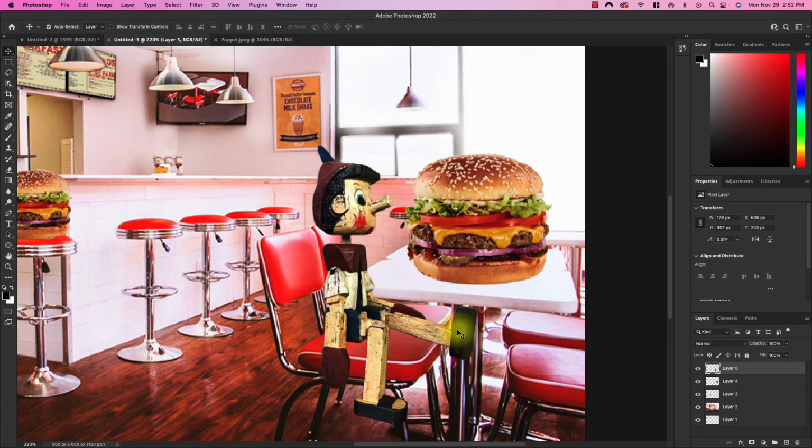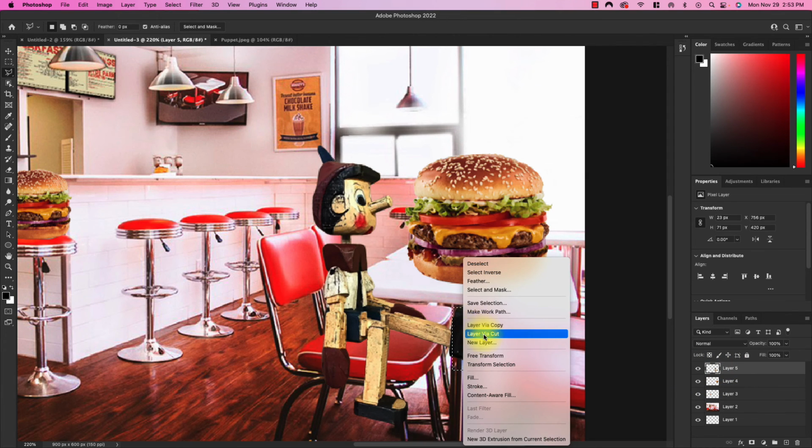Okay, so what we need to do is we're going to get rid of parts of that. So what I'm going to do is I'm going to use my polygon lasso, and I'm going to draw the spot where I think the table leg would cover the puppet's foot. And I'm just going to close that little shape there. Now, if I wasn't on the correct layer, then this wouldn't work. But I'm actually on the puppet layer right now, and if I right click and I go layer via cut,